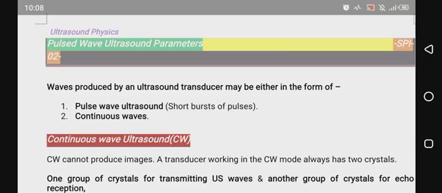So waves produced by ultrasound transducers may be pulse wave ultrasound, that is, ultrasound generated through short bursts of pulses, like when we discussed the components and the function of each component. We talked about how several thousand, about 10,000 bursts of voltage hit the piezoelectric crystals, which generates ultrasound waves. Those waves actually are in bursts, but there are two